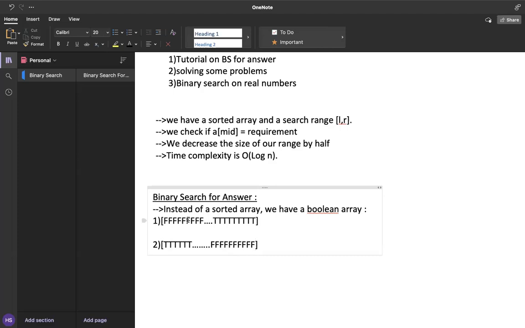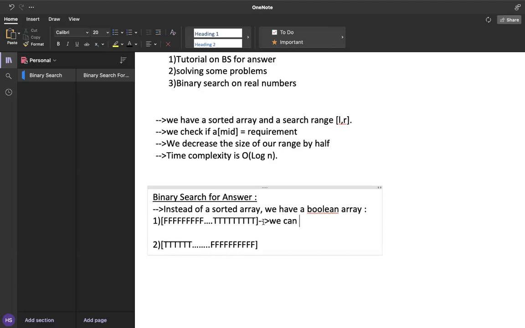And this will just become 0, 0, 0, 1, 1, 1 and 1, 1, 1, 0, 0, 0, which is obviously sorted, right? So in this array, we can answer queries like, what is the index of the last false, or what is the index of the first true in O of log n time. Similarly, in the second array, we can answer queries like, what is the index of the last true, or what is the index of the first false in logarithmic time.